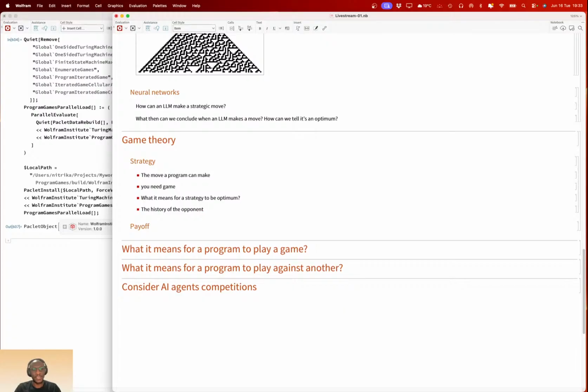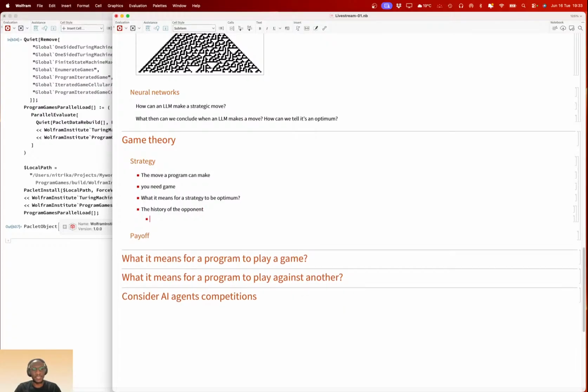For example, do you just care about the opponent's moves, the history of moves? Let's just note this down.